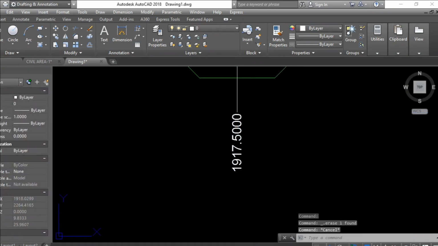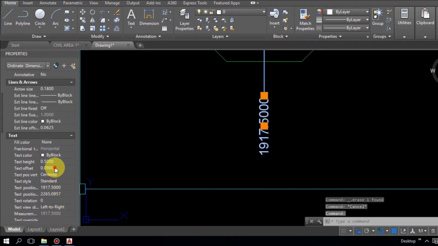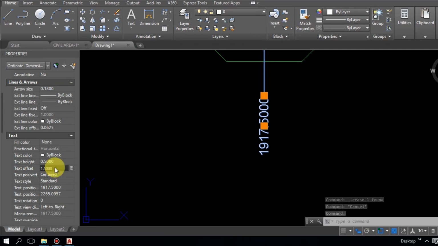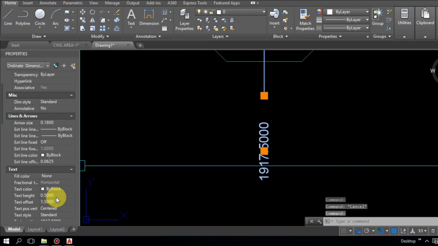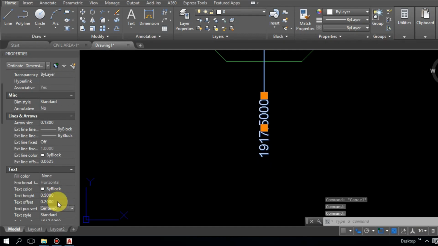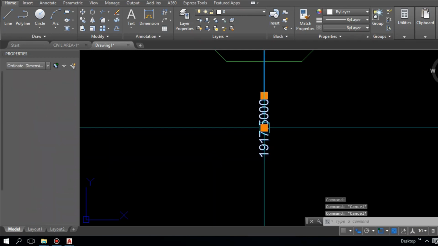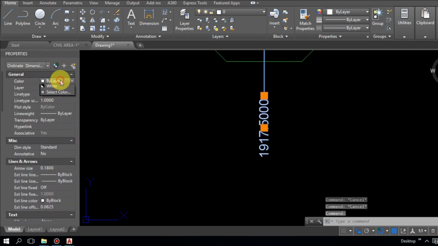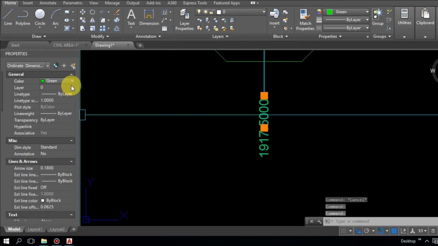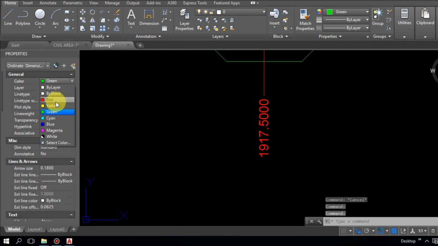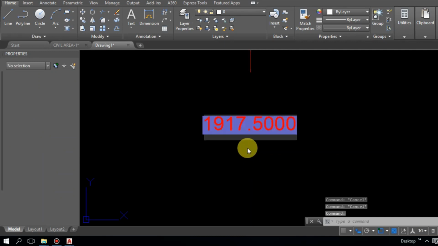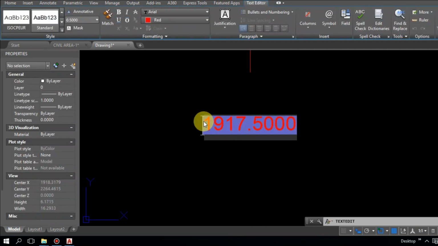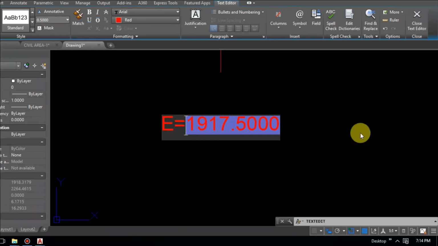I will increase it more, I will give 1.5. I will set some things here and change the color also. I will give a red color. See how nice. We can edit this. This is the easting, easting equal to